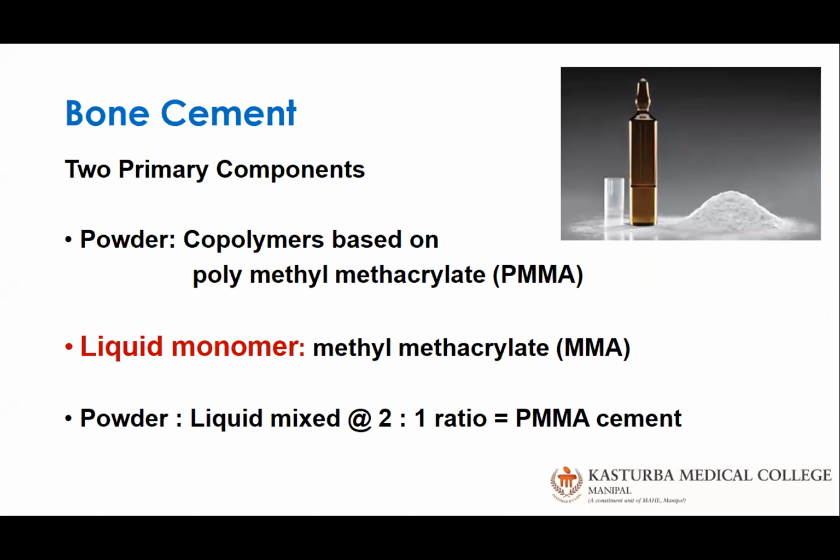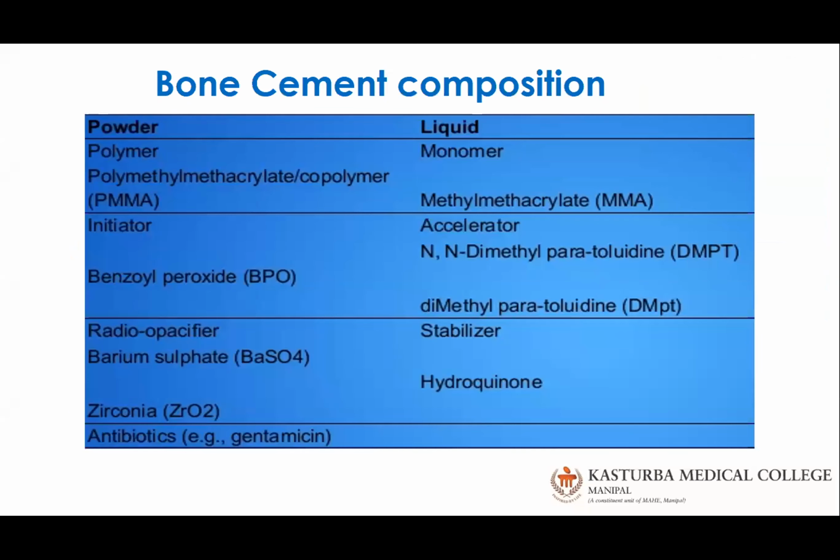So you'll find half the amount in grams as the liquid when compared to the solid. So what are the different components you have in powder and liquid? As I said, powder is a polymer, liquid is a monomer of them. So you need an initiator for the reaction which occurs when you mix them both. That is in the powder, formed by benzoyl peroxide. There is an accelerator which continues this reaction in the form of